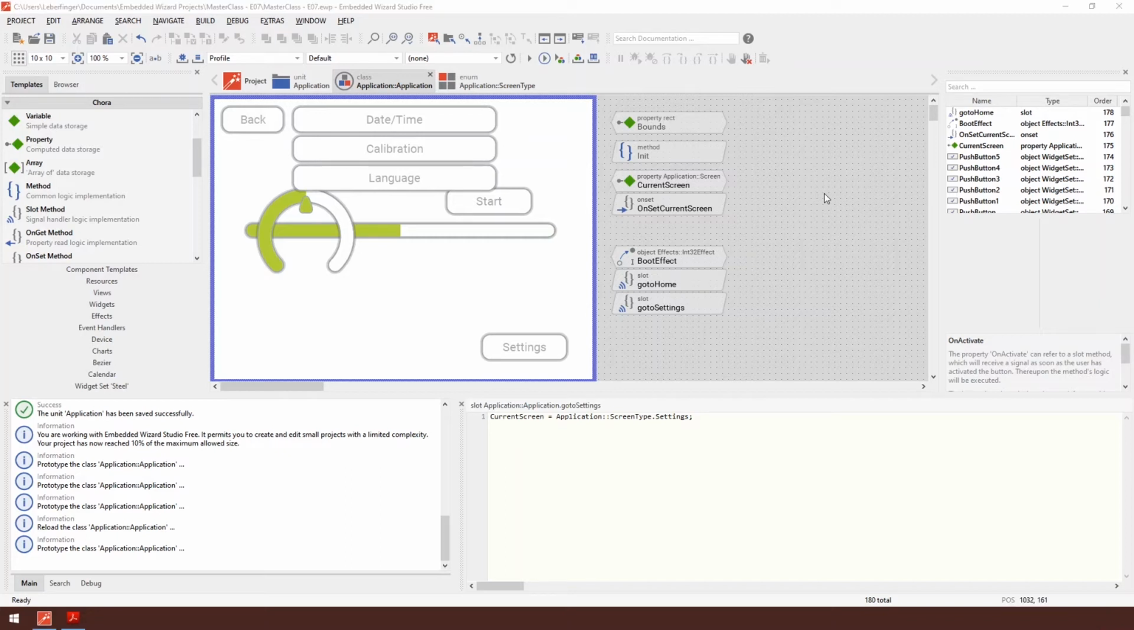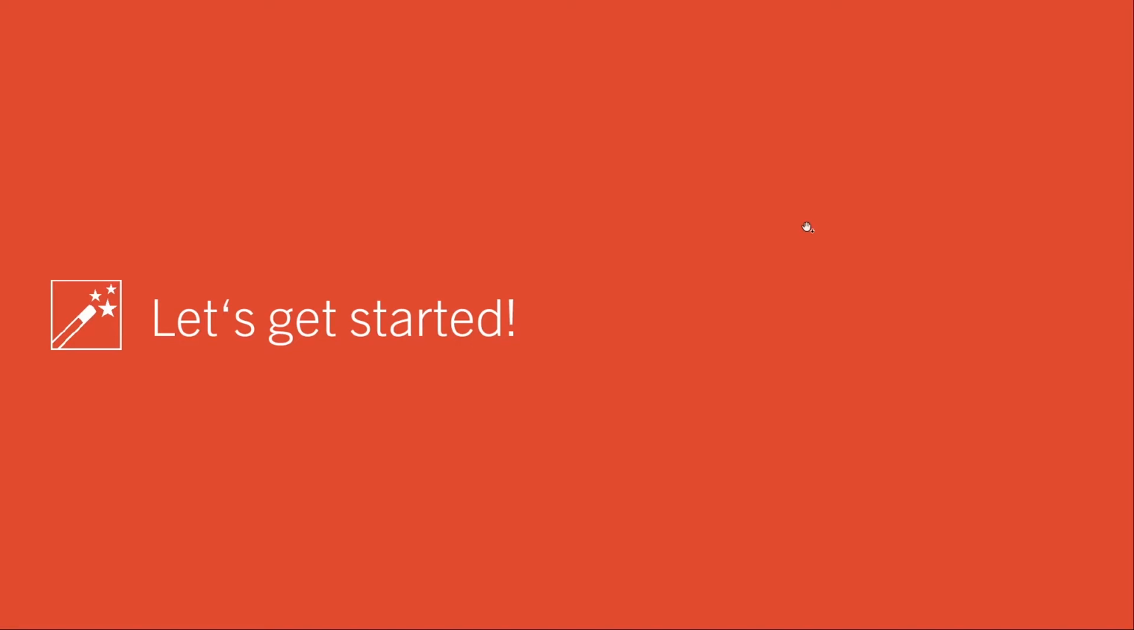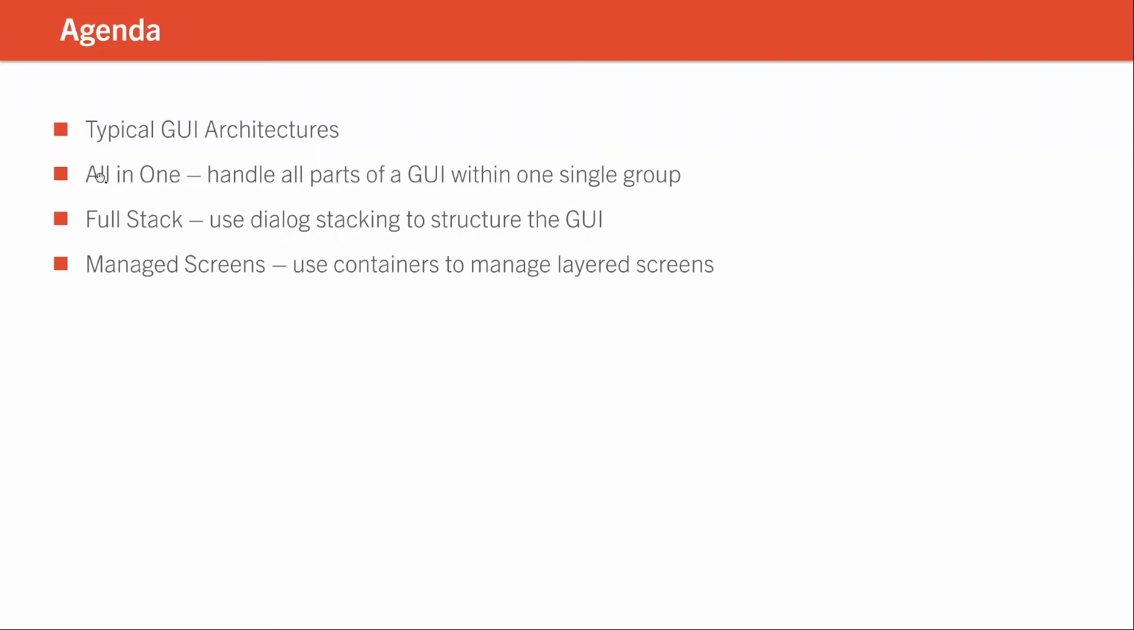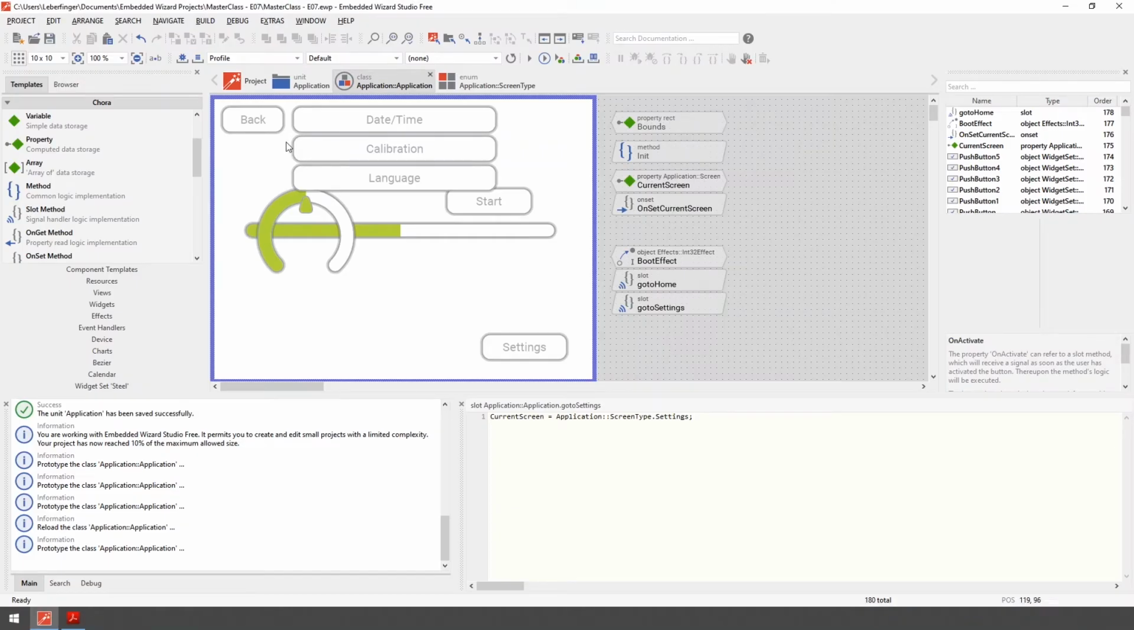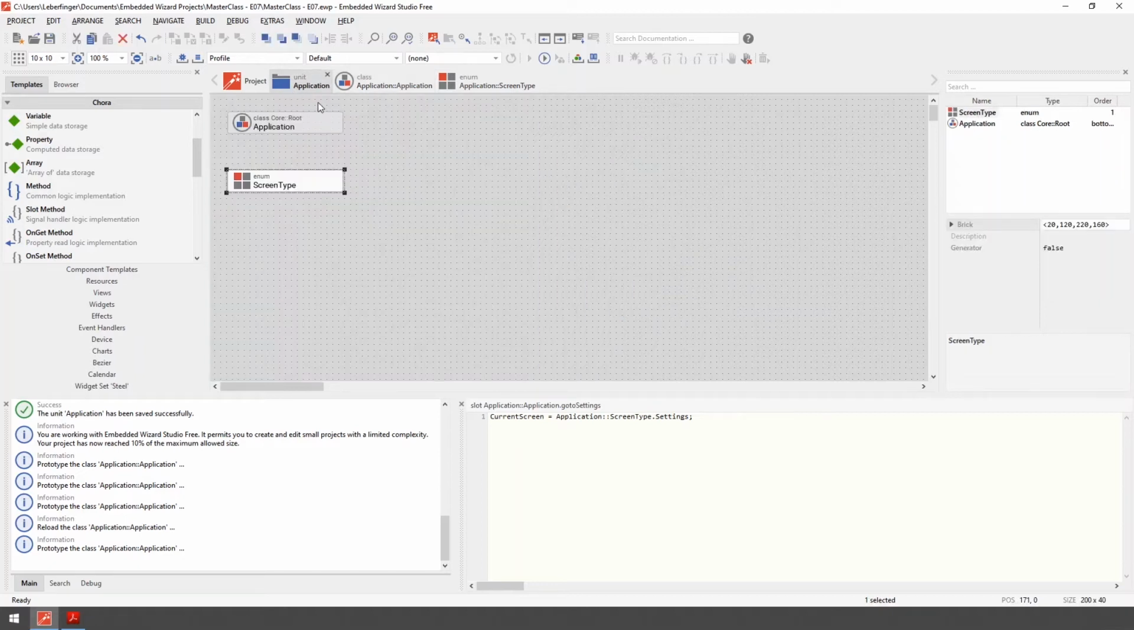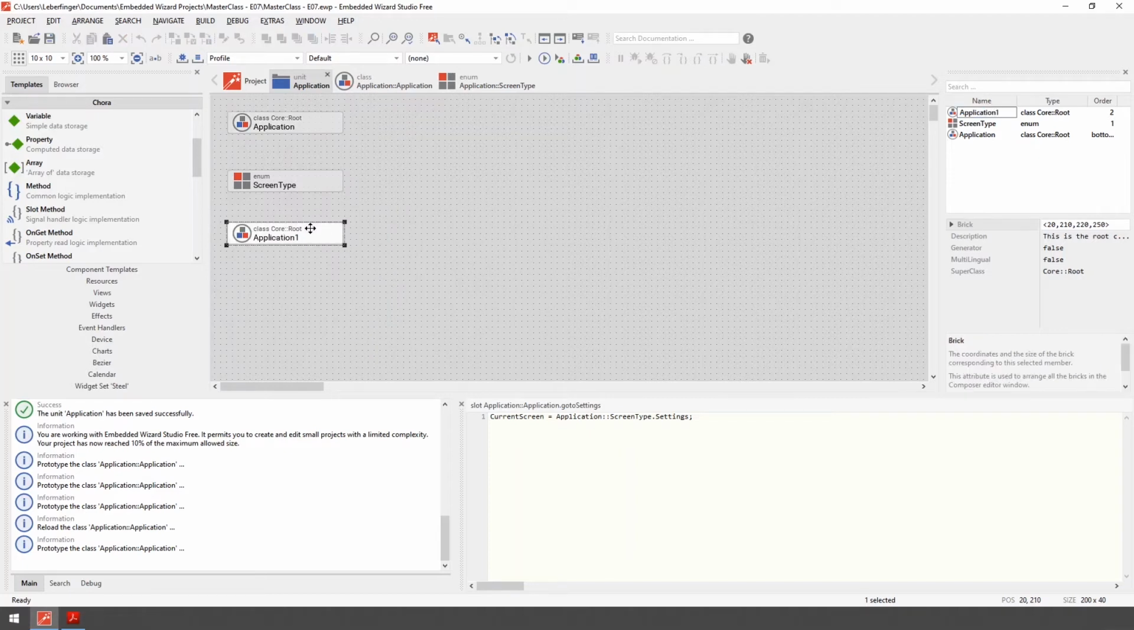How to do this? I switch back here to my agenda, so that was the all-in-one, and now I want to show you the full stack GUI architecture using dialog stacking. Let's go back. I go back into my application. I simply make now a copy of this, and they then say that's my application all in one. I have all this now copied because maybe I want to reuse something,